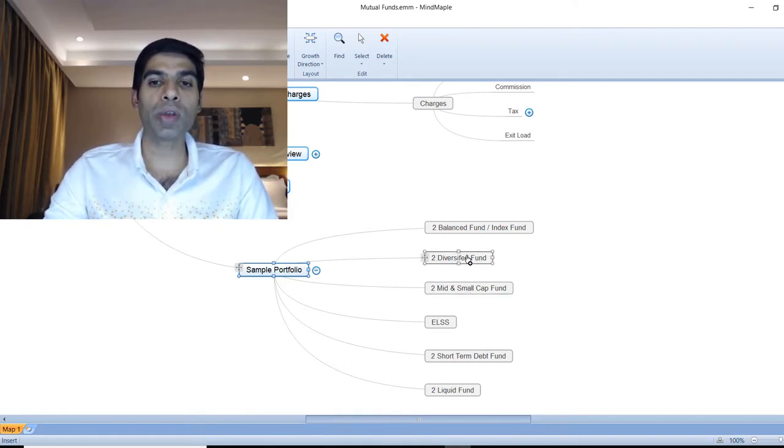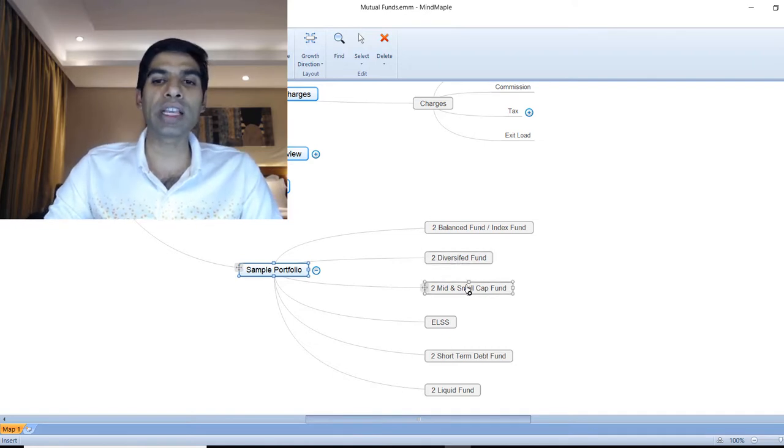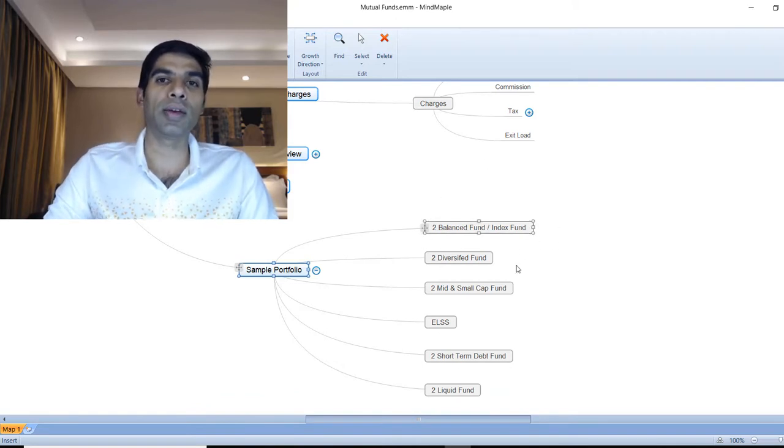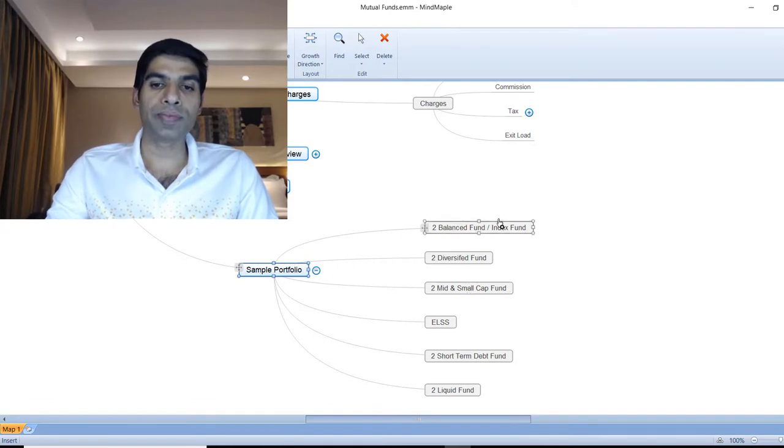But if you really want, you can have two small and mid cap, two diversified, and one index fund. I would recommend having an index fund always in your investment, because this would give you the kind of stability that you need, because the market can be volatile. And in case the fund manager is not able to pick the right stocks, at least the index fund would help you generate returns or give you the stability that you need, right? So one index fund, two diversified funds, two small and mid cap funds, this should be sufficient for you to meet your equity investment needs, right?